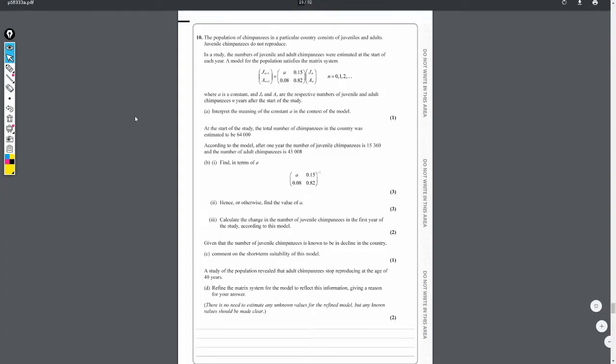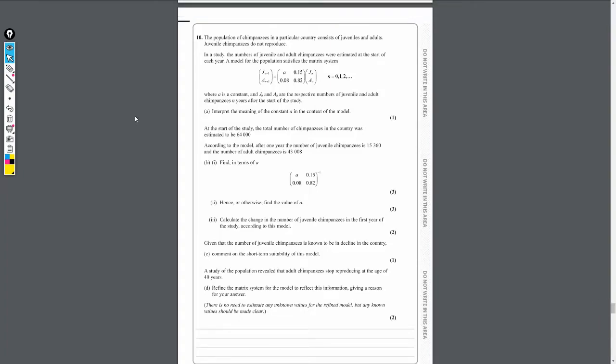So finally moving on to the very last question now for this AS Core Pure paper, we've got question 10, which is quite a long question, and it's dealing with matrices. Again, this is a very context heavy question. It's looking at the population of chimpanzees in a particular country, which consists of juveniles and adults. So we're given this model here for a population,